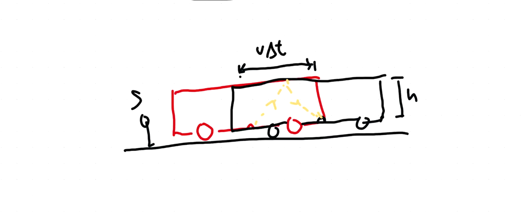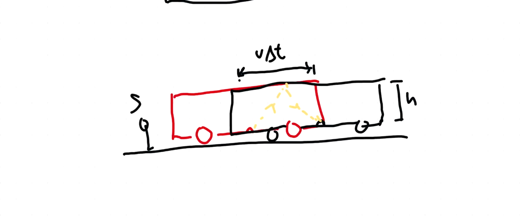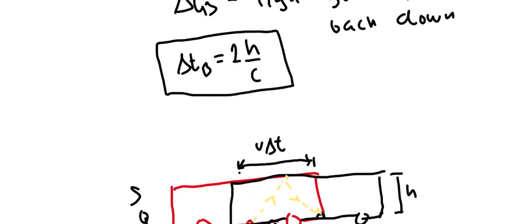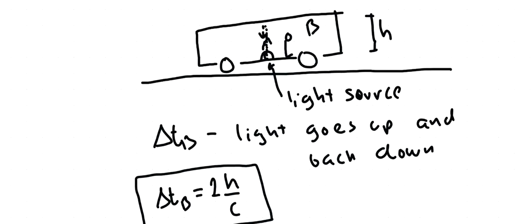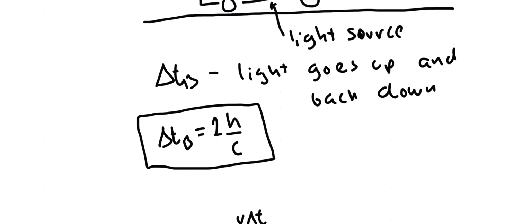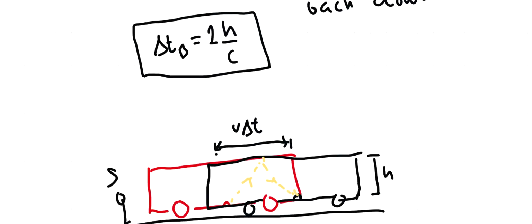Let's go back to the previous part of the example. When we were doing this, the light went up with velocity c, and the distance it covered is h. So the time it must have spent is h over c one way and h over c the other way too. That's how we got this delta t be 2h over c. But what happens here is actually slightly different,